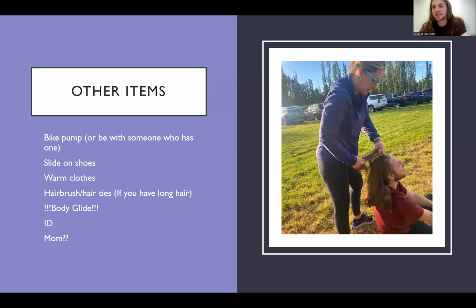Is there anything else we missed on what gear to bring, Elizabeth? I don't think so. For long hair, I'm a big fan of braids because it stays in place when you take off the swim cap. Braids are great, and it can fit under your bike helmet too. Buns you'd have to take out and redo in transition. And ponies won't fit under a bike helmet. You'd have to have a low pony, and that'd be rough to stick in a swim cap anyway. So braids are the way to go.